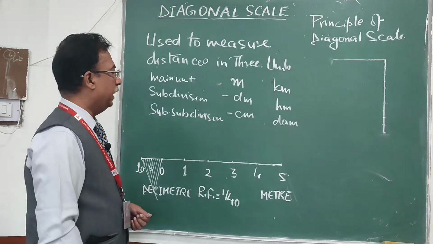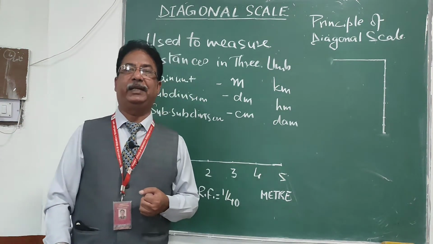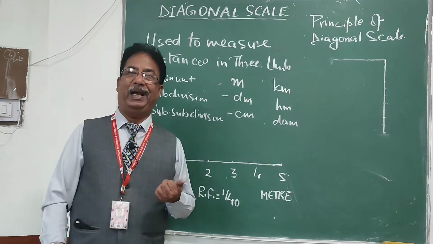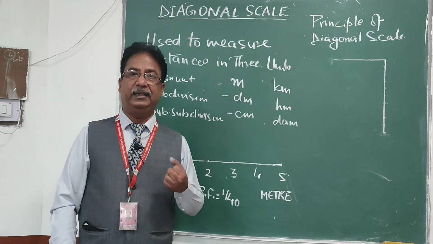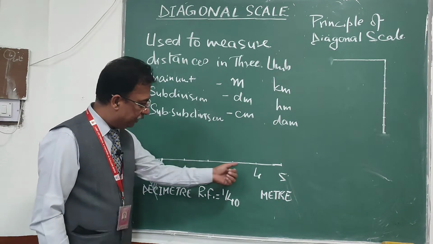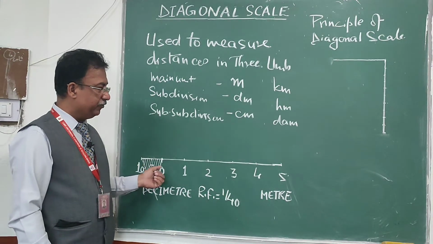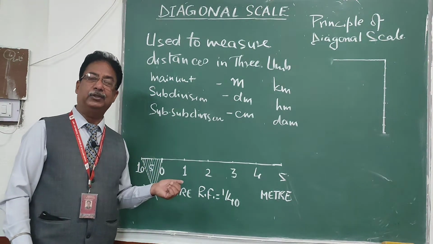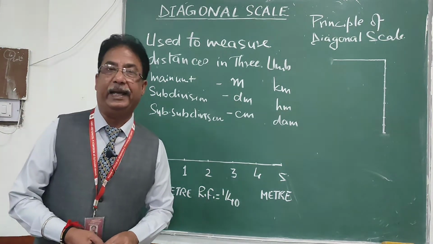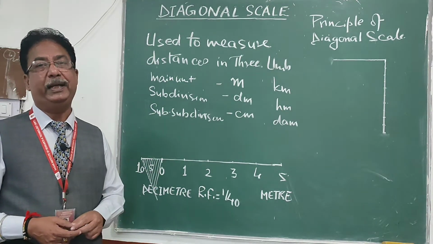So again, last time, if you remember, we took a problem of a plane scale to show meter and decimeter when the RF is 1/40 and the maximum length is 6 meter. In that case, we found the length of the scale to be 15 centimeter, and we drew a scale like this. This is a 15 centimeter line which is divided into 6 parts because it equals 6 meters. Then we subdivided the first part into 10 parts and got the decimeter length, and this is the problem of a plane scale.